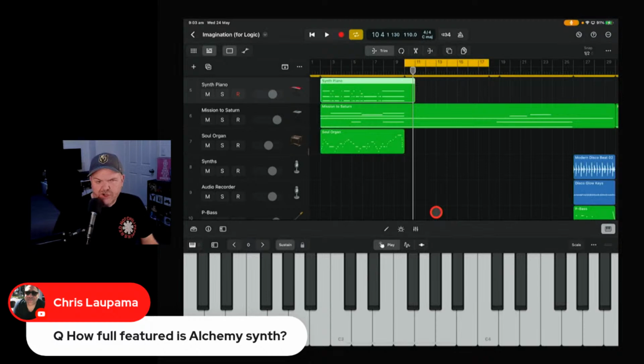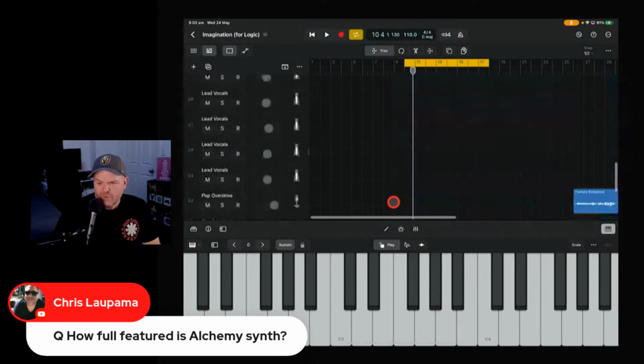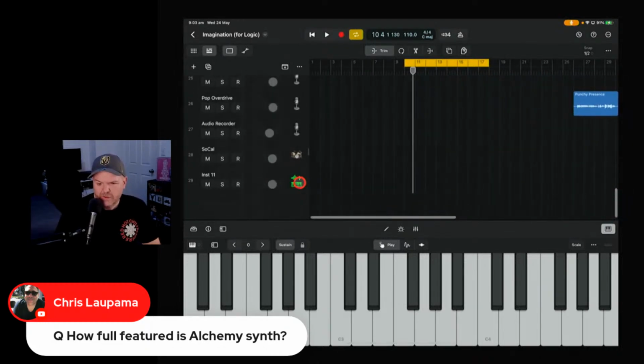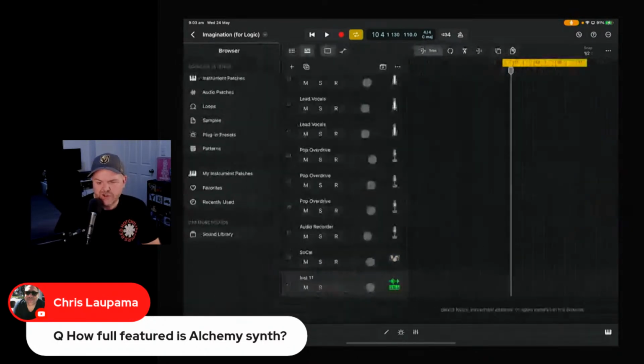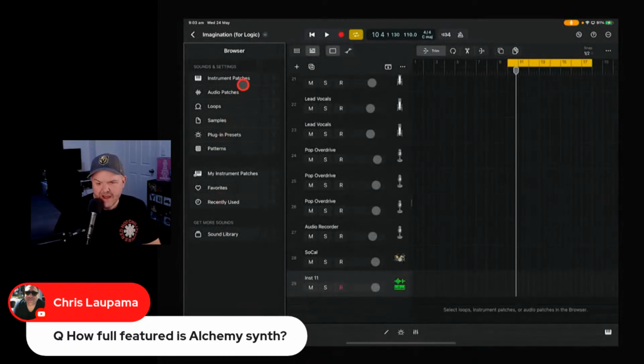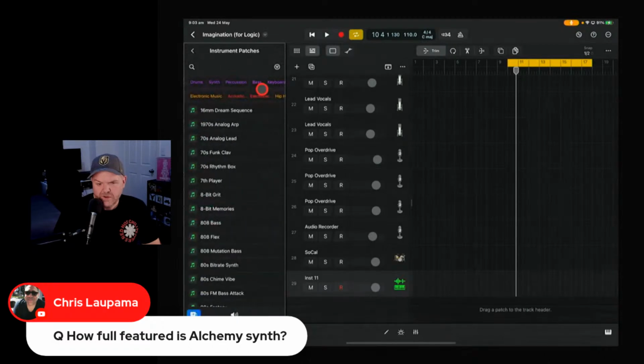A lot more full featured than the GarageBand version. Pretty much close to what the Logic Mac version is, I believe. Let's have a really quick look at it. So if we jump in here, we've got to remember how to do things. We've got to go to our browser. Remember, you go to your browser first. And if we go to instrument patches,